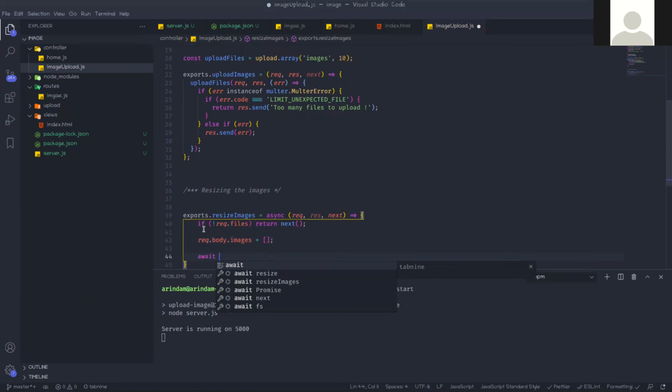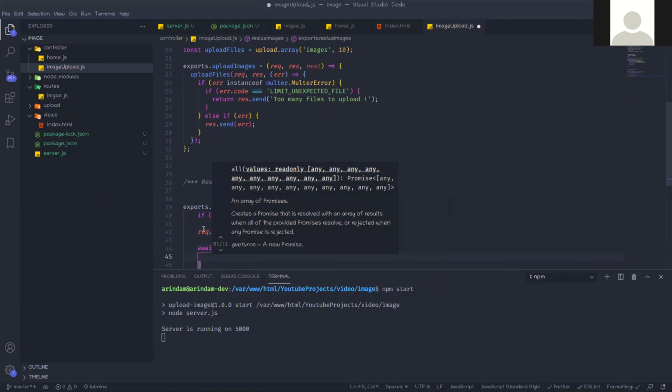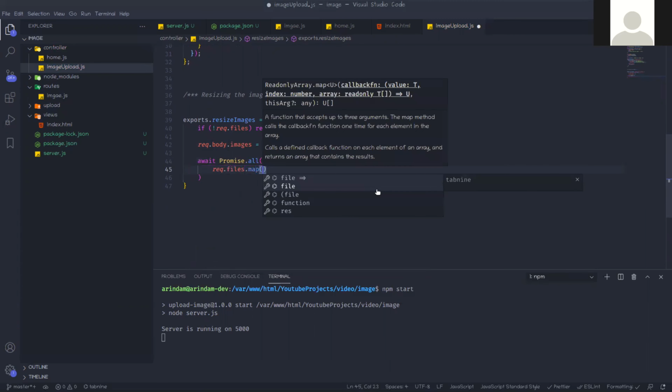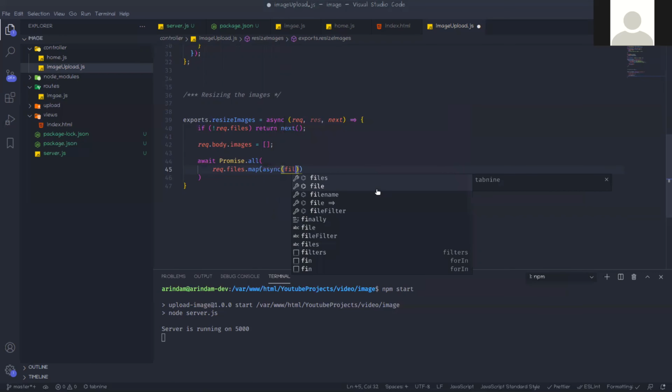Now we are creating one promise, that should be Promise.all. In this Promise.all, first we are mapping those files, request.files.map, async file, where file means a single file.